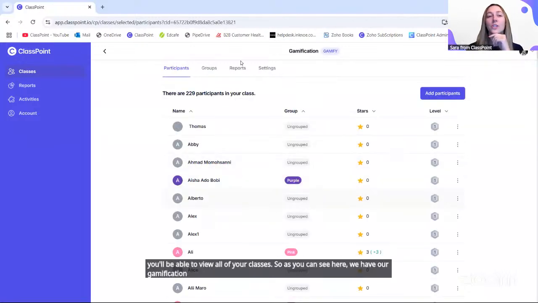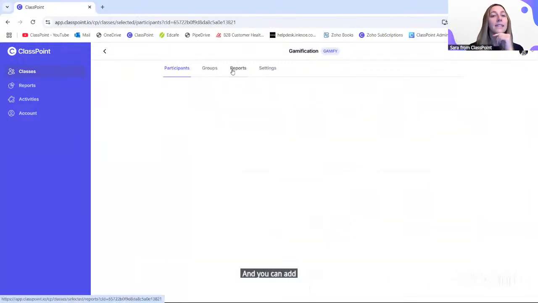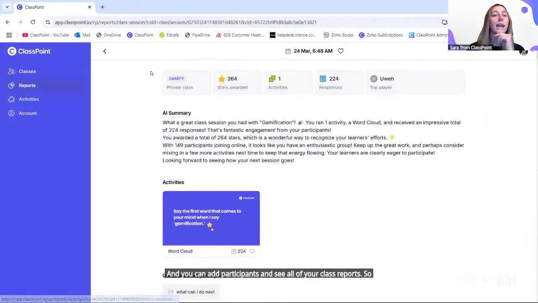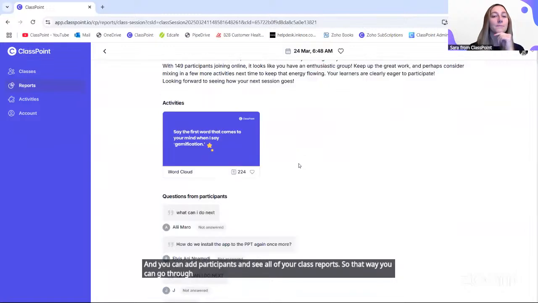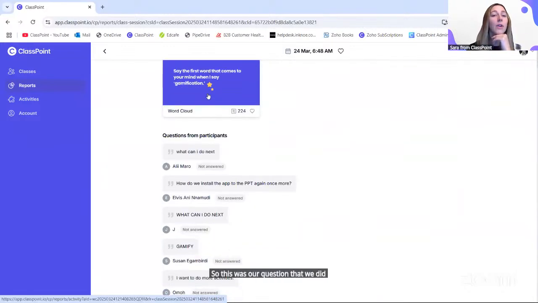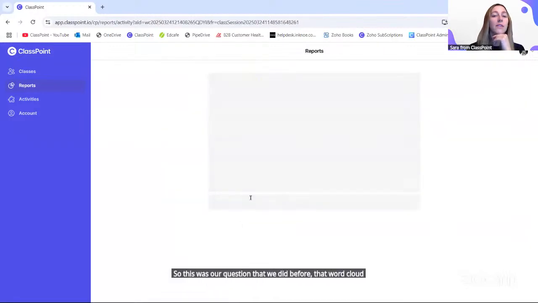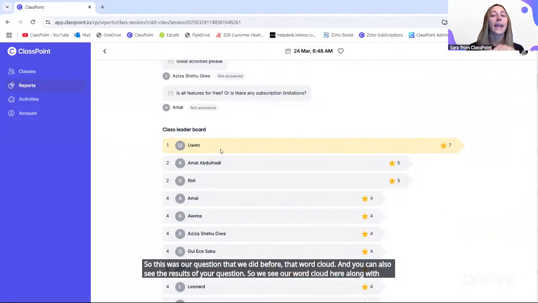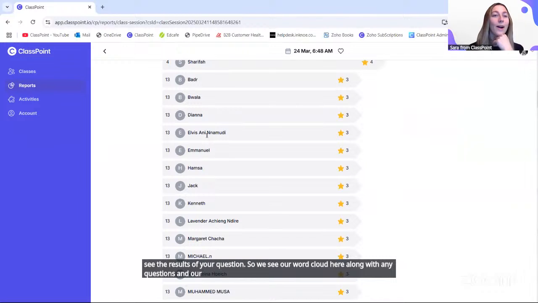You can also adjust and add any stars for your students here, and you can add participants and see all of your class reports. So this was our question that we did before, that word cloud, and you can also see the results of your question. We see our word cloud here, along with any questions and our class leaderboard as well.